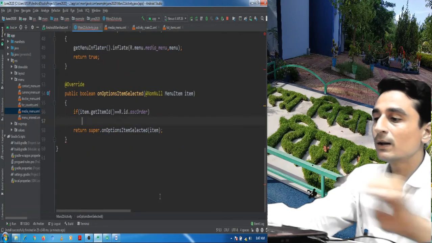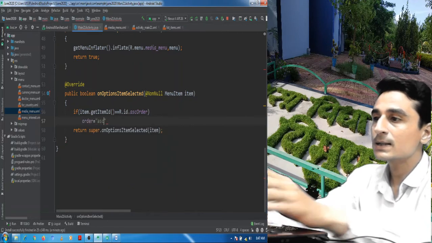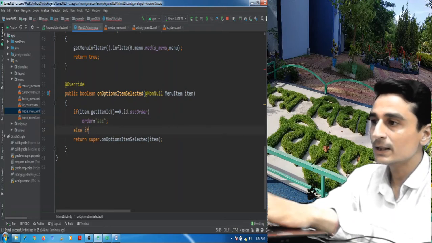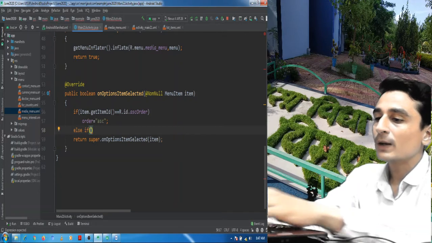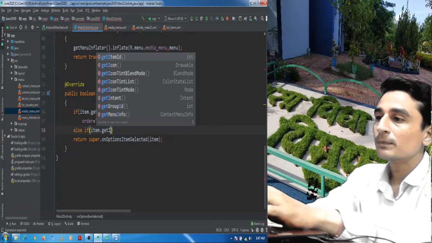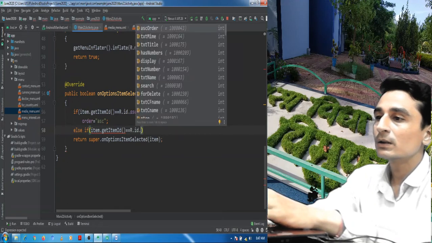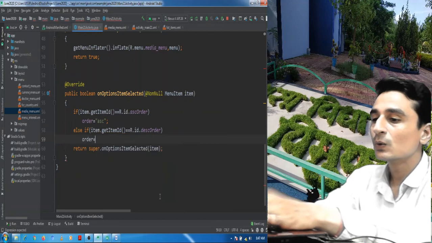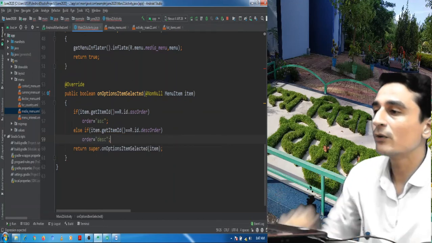Again here I will make order equal to ASC, and then else if item.getItemId equal to R.id.DESC order, then order equal to DESC. That is the keyword for descending.